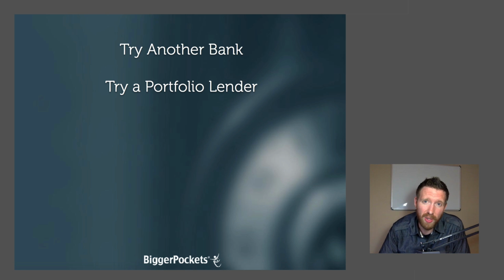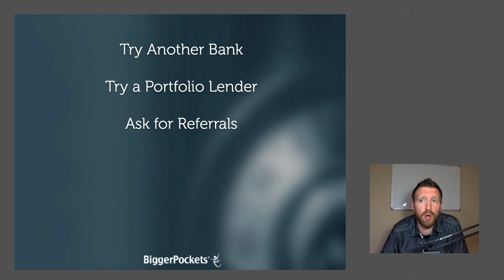You can also try portfolio lenders. These are bankers that lend their own money, not the government's money. Or maybe they do both, but the loan is a portfolio loan. So usually these are small local community banks. Definitely look for that. Also, you can ask for referrals from people, from other lenders who are getting those kind